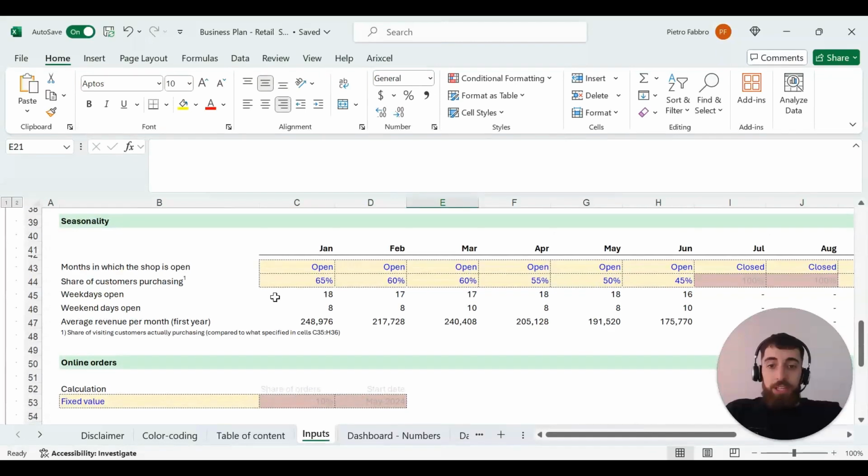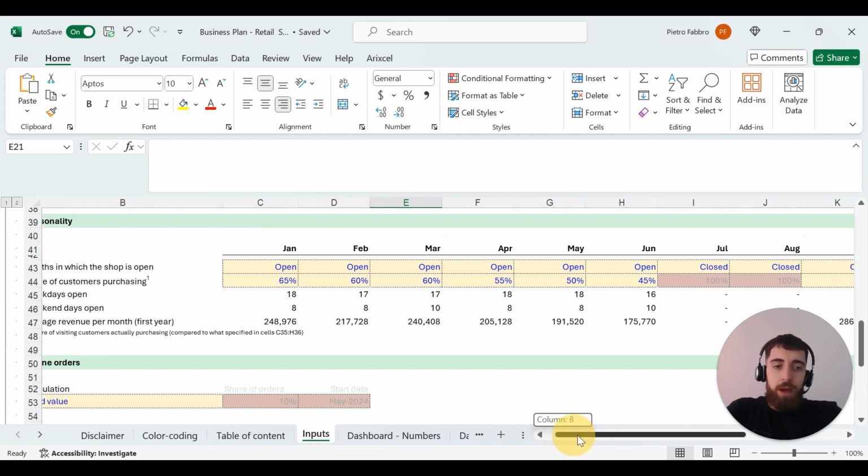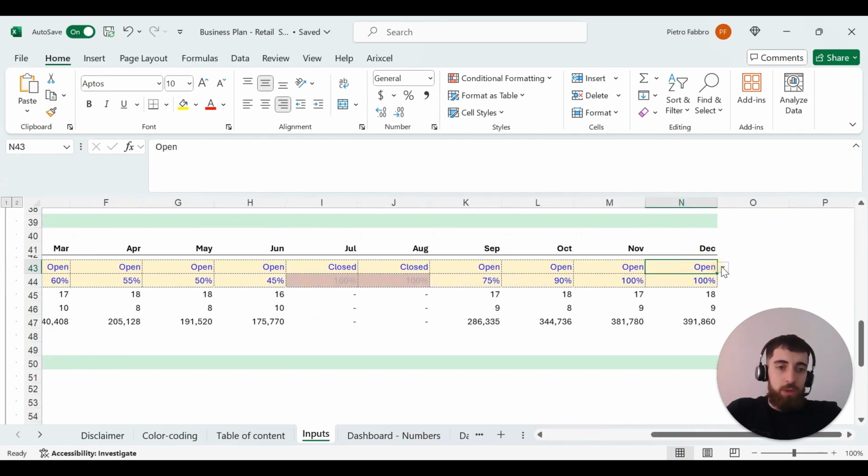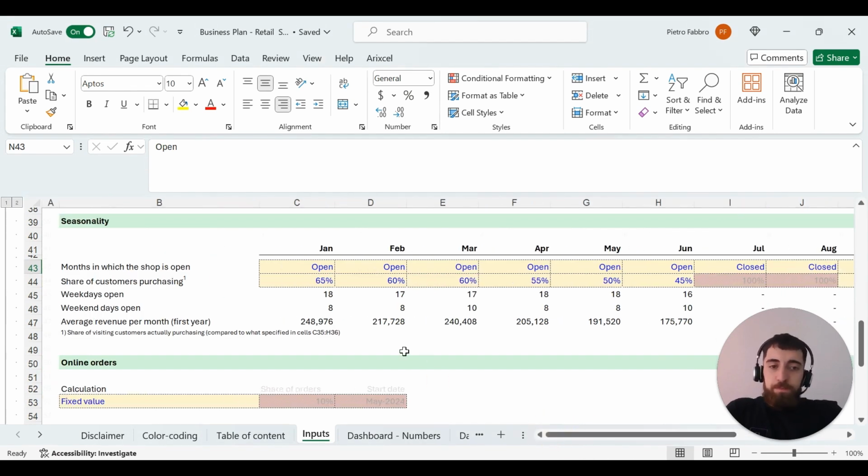Then seasonality. In this subsection, you can select which months you are open because, for example, as mentioned, this is adapted for a shoe store, but you can adapt it also to, I don't know, a store selling flowers. And so maybe in December you don't have flowers, so you select closed. And in this case, the model will know that in December you don't have revenues. Then